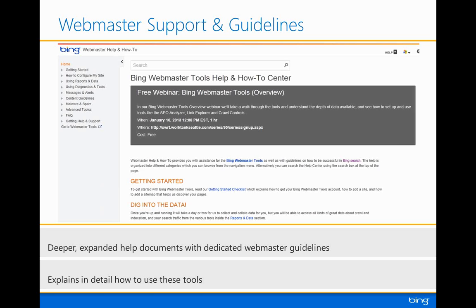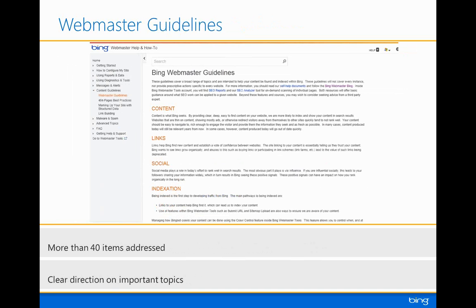You'll see those sprinkled throughout the tools themselves, anywhere we thought it might be unclear to someone what something is, or where further explanation might be more helpful, we've added that in. All of that information is also available here in the Help and How-To Guides section. So if you want to go through things ahead of time, you can do that. Or if you just want to send something over to someone so they can become familiar with it, then again, you can do that. Now in this area, there are the content guidelines that we have listed in here,